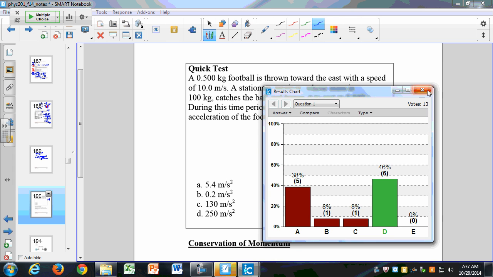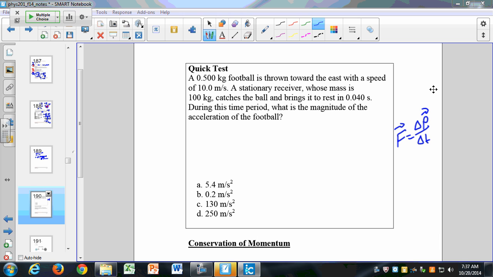D is the right answer. The easiest way to do this is just to say my acceleration is defined as dv dt, my change in velocity over the change in time, and then the initial velocity is equal to plus 10, because it's 10 meters per second to the east, that's positive, and my final velocity is 0, so my dv is going to be 0 minus 10 divided by my time, which is 0.04, which is 250 meters per second